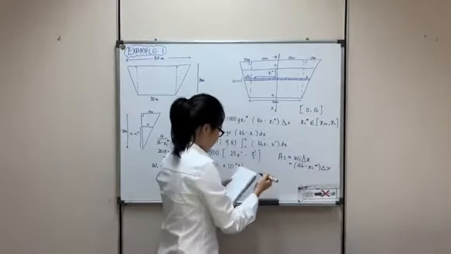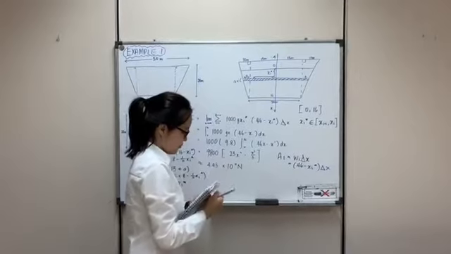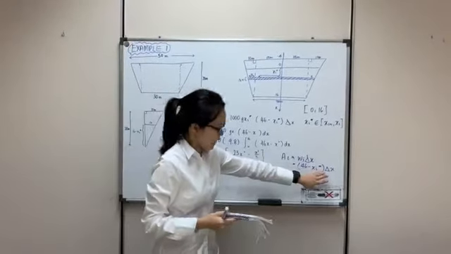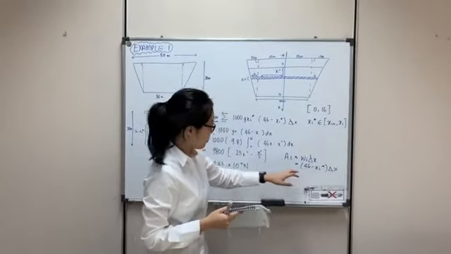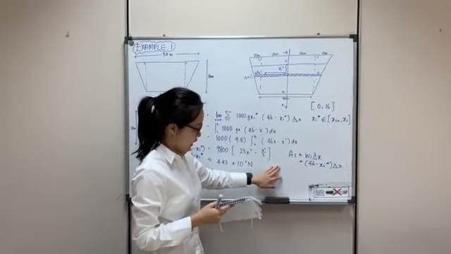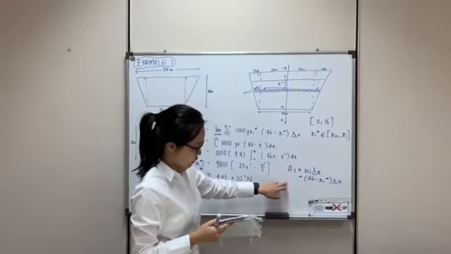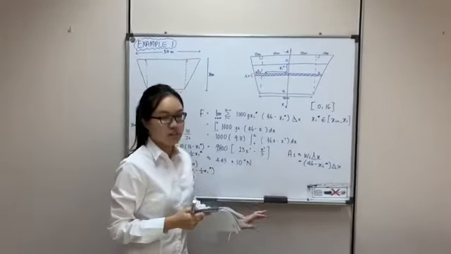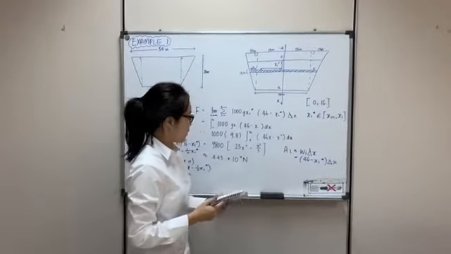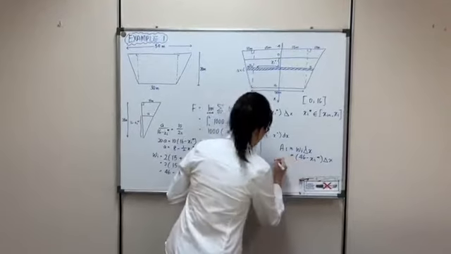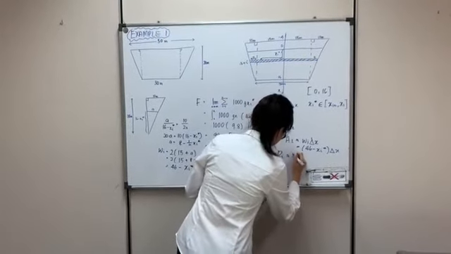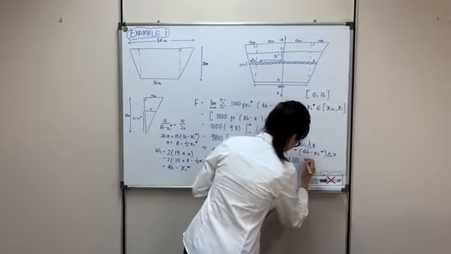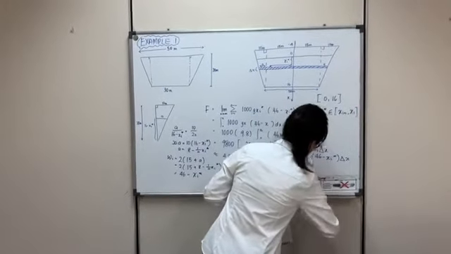We don't know the height. If the height delta x is small, then the pressure P on the ith strip is almost constant, and we can use the formula called the hydrostatic formula,